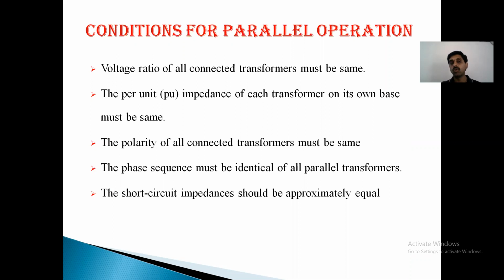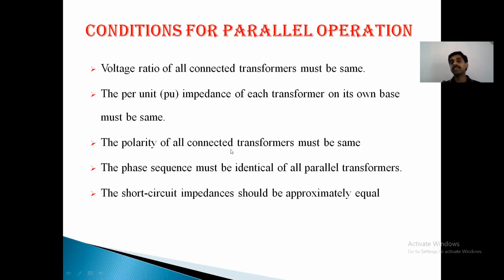The per unit representation has more advantages. Instead of telling 10 ohms, 20 ohms, 15, 16 ohms, it is better to tell 1 per unit, 1.5 per unit. 1 per unit means rated value. 1.5 per unit means 50% extra. 0.5 per unit means half of that value. Like that, we express the values in terms of per unit. That is more advantageous. Generally, designers give the values in per unit rather than direct values. So the impedance of each transformer must be same.